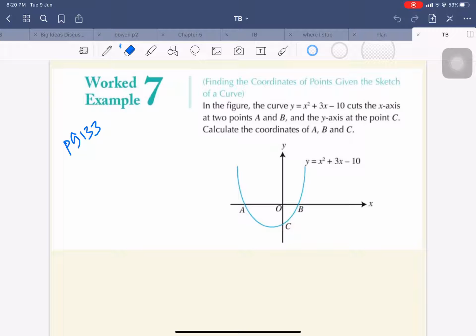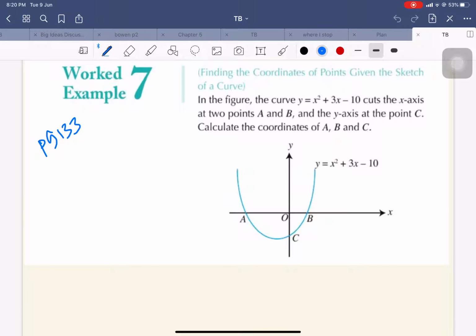Okay, now let's look at page 133. Okay, work example 7. Now let's read the question first. Now in the figure, the curve y equals x squared plus 3x minus 10 cuts the x-axis at 2